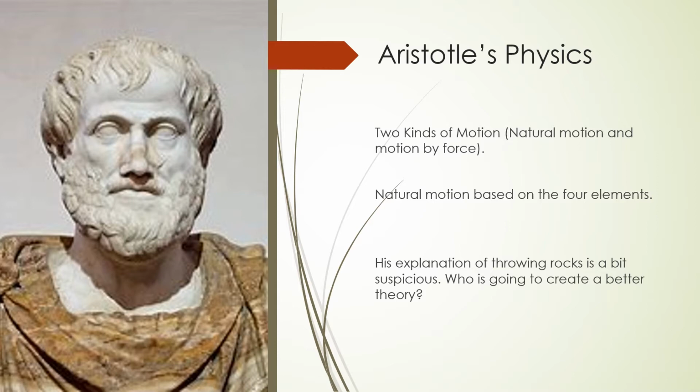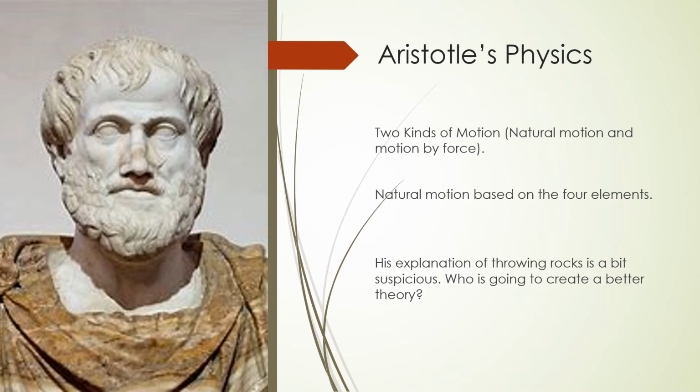Aristotle notices that some types of motion happen on their own. For instance, the sun and the stars rotate around the earth every day. This is a natural motion, and nobody's pushing the stars or pulling the stars necessarily. It happens naturally, right? Now, there are all sorts of kinds of motion by force. For example, a motion by force would be someone moving something with a push or a pull. So for example, let's say I'm building a house and I pick up a brick and I move it somewhere else. This is motion by force.